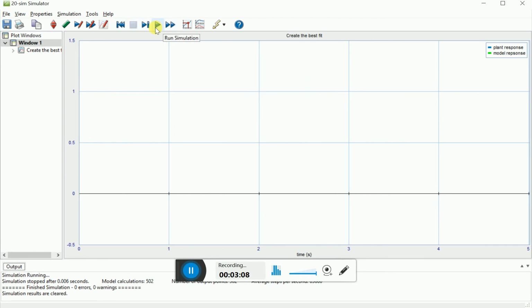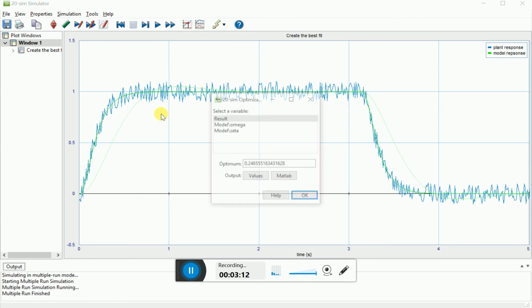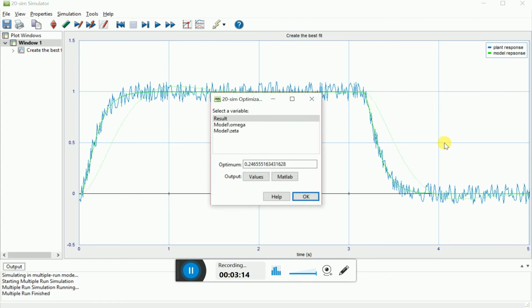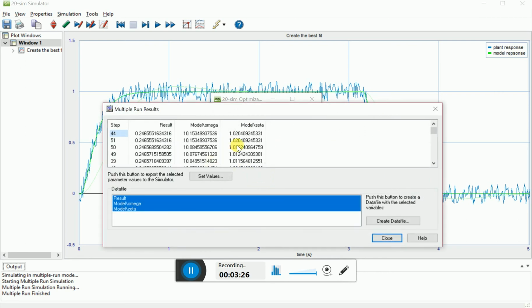Now instead of the play button, I use this multiple run simulation. So you can see that a few simulations are run. 20sim tries a different combination of these two values and tries to fit the model response with the actual plant response, and in a few attempts it is able to do that. It says that in the 44th attempt it found the minimum value of the result. So I ask it to set the values. I just click this button,